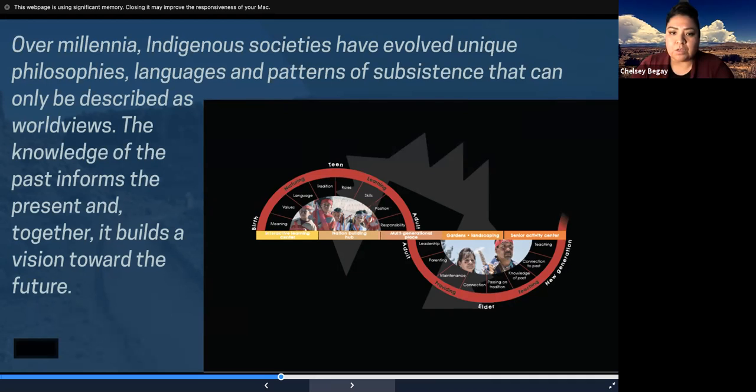So when you're young, hopefully you have your role models who are your parents and your grandparents, and they're teaching you maybe your language, they're teaching you all these different traditions. And then once you get into adulthood, you create these multi-generational places, like a home, like programs within your community. And then as an elder, you pass on your knowledge and your tradition to the next generation.